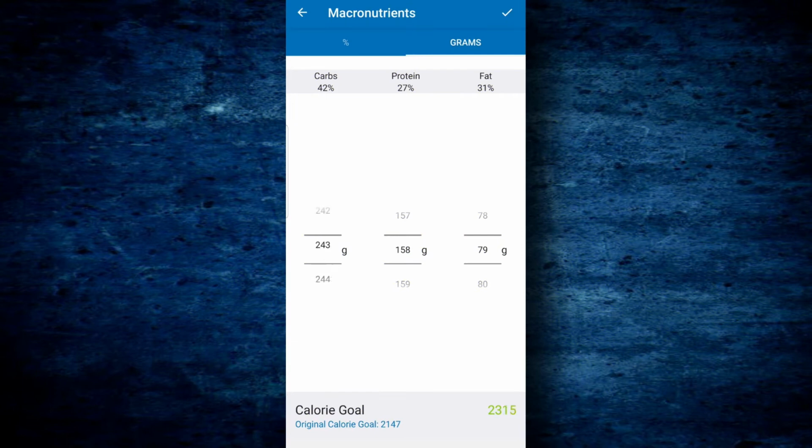Bear in mind, 1 gram of protein contains 4 kilocalories of energy. 1 gram of carbohydrate contains 4 kilocalories of energy, and 1 gram of fat contains 9 kilocalories of energy. Now the balance calories which are available, we will add to the carbohydrates until we get to a caloric goal of 2500. That is your macronutrients all set up. Your calories are set up.